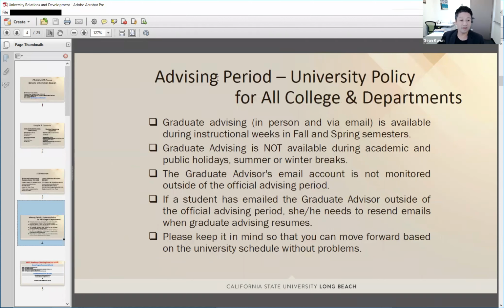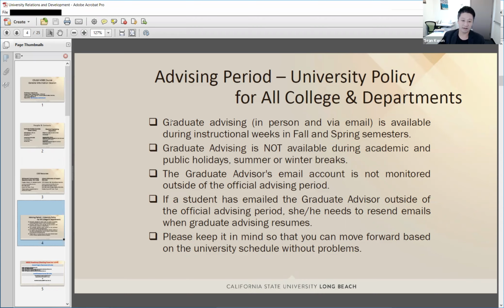Let me first explain the advising period of myself, the graduate advisor. Graduate advising is available during the regular semesters, that is, fall and spring semesters. On the other hand, summer and winter are outside the service period of the graduate advisor.